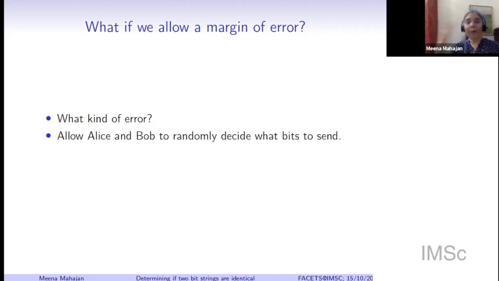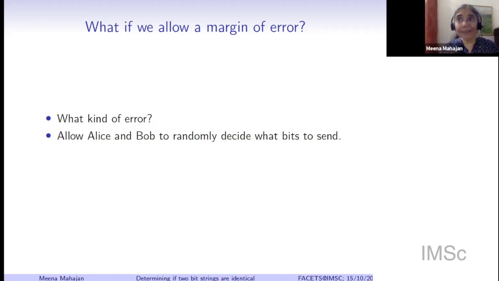Think of these random choices as coming from a coin toss. Alice is trying to figure out what is the next bit to send. She just fishes out a coin from her pocket and flips it and then decides to send a bit. So today she runs this protocol on the same file and they end up saying, yeah, the files are equal. And tomorrow she runs the same thing. The coin yesterday landed heads. Today, I don't know, it may land tails. And then they continue and they decide that the files are not equal.